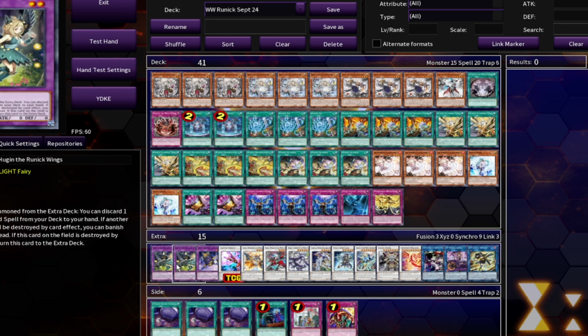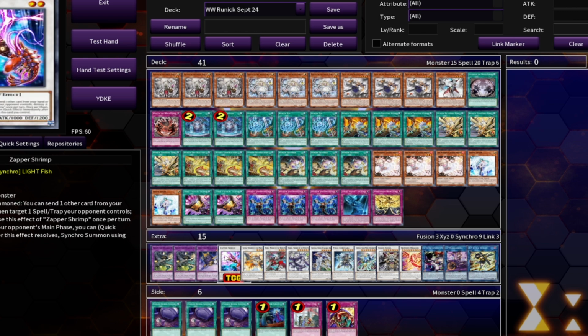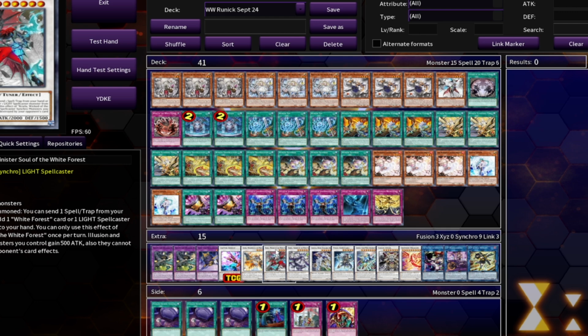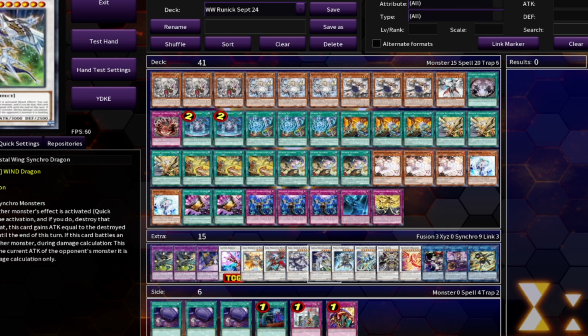For the extra deck, we are running 2 Hugin and the 1 Gary. Have switched over to the Zapper Shrimp. Obviously, this was a TCG exclusive card that we have revealed that is pretty much just a better version for this deck. We weren't getting the draw off of the Synchron, so just switching to this makes plenty of sense, and we are actually able to take advantage of the Spell Trap Destruction, so something else here that we can do. The 1 Silveria still, and then 1 Roselia, and then the 1 Diabel,